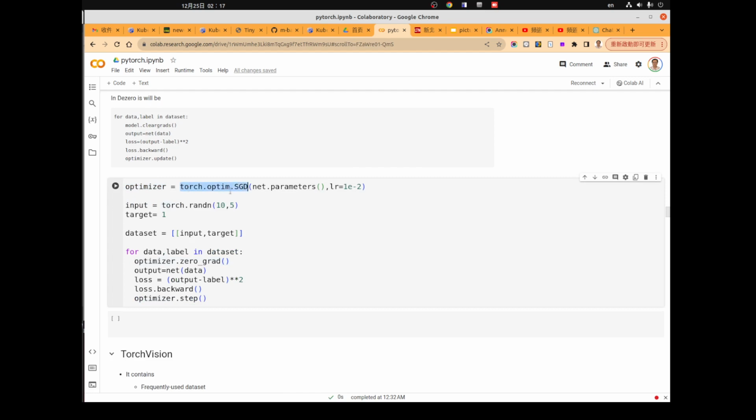The torch.optim.SGD actually defines the stochastic gradient descent optimizer, and we have other advanced ones, for example, Adam or Momentum. There are a lot of optimizers implemented inside the PyTorch framework. Typically, you don't need to implement your own optimizer, since most of them have been implemented already.